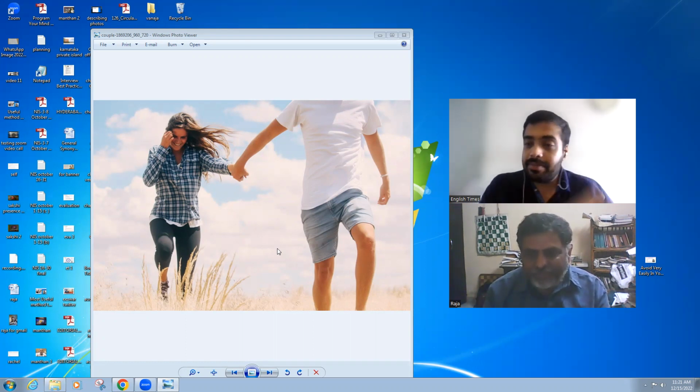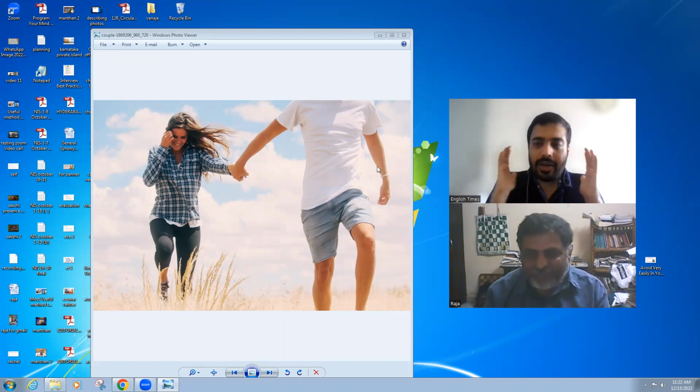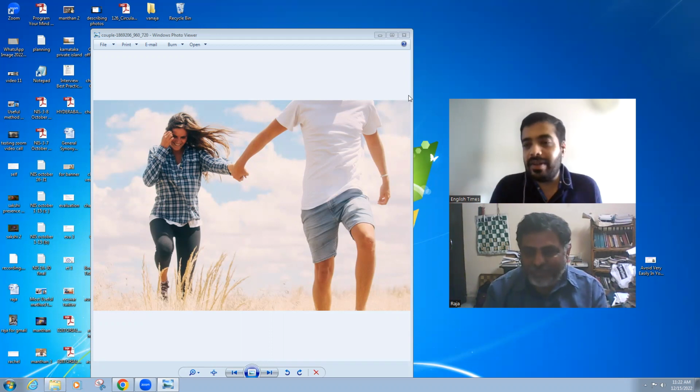Again, that would be stretching it a lot. We don't know. On the basis of this picture, I can say that it appears to be daytime. Your description should be limited to what you can see in this picture. For example, I can say that it appears as though it is morning, 7 a.m., 8 a.m., but that would be putting in my own views on it.